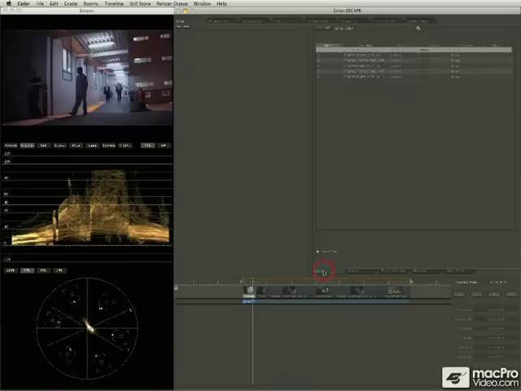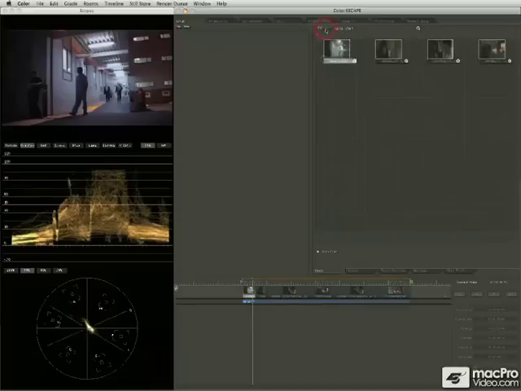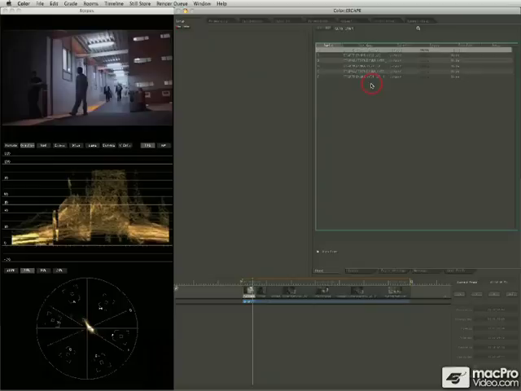Starting on the left here is the Shots tab, and this shows a list of all of the clips that are in your project. You can view that in icon view or in a list view, and I'll show you some things that we'll use this for later in the lesson here. But for now, just to get a sense, this is a glimpse at the list of clips in your show.